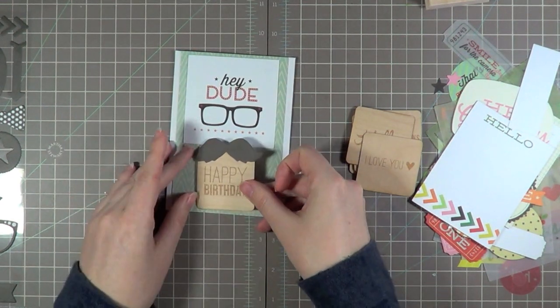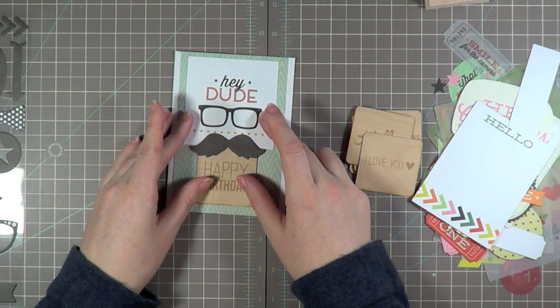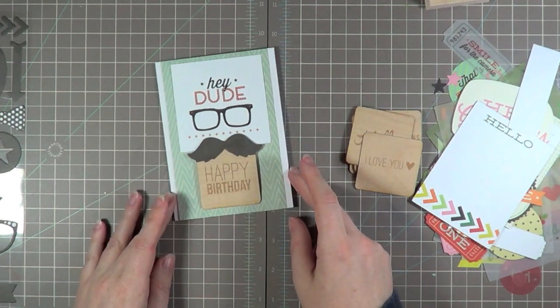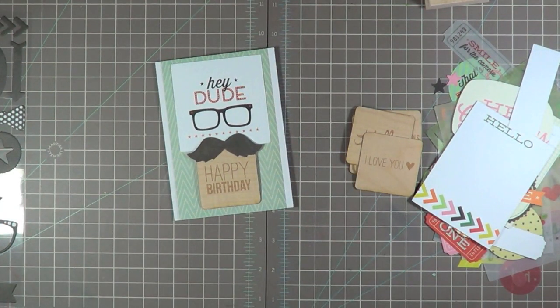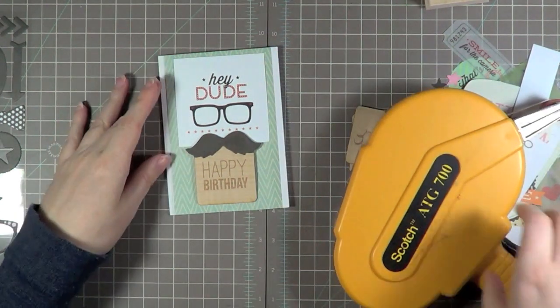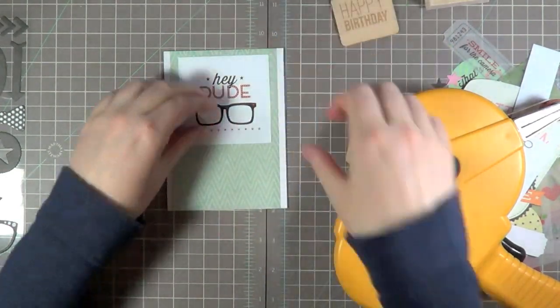And that way, I like the glasses and the mustache together. It looks kind of cute. And it's definitely something that, in this case, I end up putting the number 9 on it that a 9-year-old boy would find humorous. I'm going to start adhering it down because I'm fairly certain of the placement, at least of the top